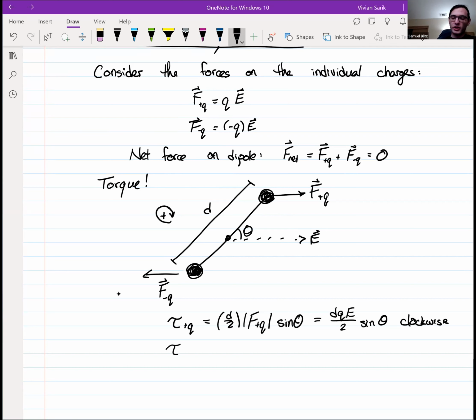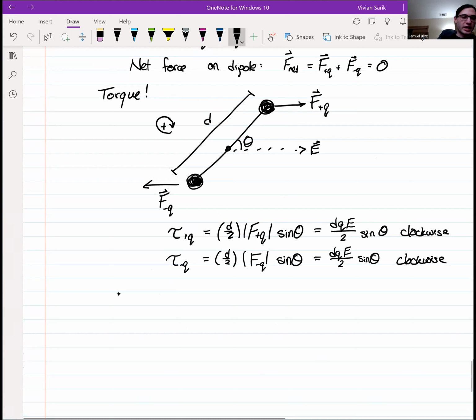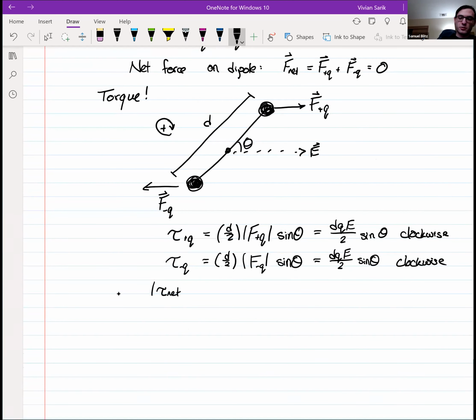Similarly, the torque on the negative charge would be the moment arm, still d over 2, times the magnitude of the force, times the sine of the angle, and that would also cause clockwise rotation. So it's in the same direction. So it's dqE over 2 times sine of theta clockwise. So the end result is that the magnitude of the net torque, it is a vector, so we have to write magnitude, is q times d times E times sine theta,